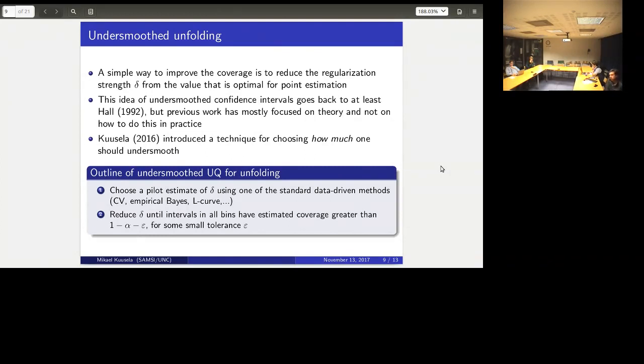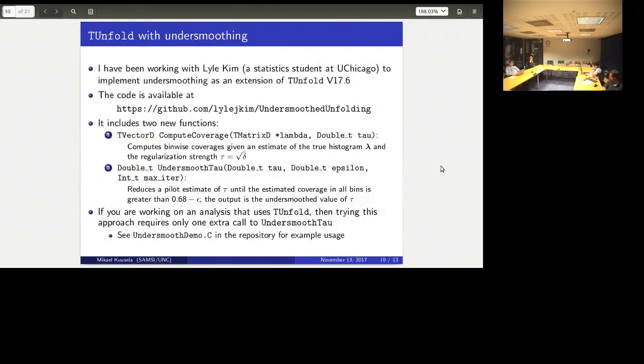There's a bunch of details that I don't have time to go into here, but you can have a look at the reference that I've given here for some of the intricate details. But the point is that it can be done in practice, and in fact it now can also be done in ROOT. So over the past year, I've been working with a student, Lyle Kim, to implement this stuff as